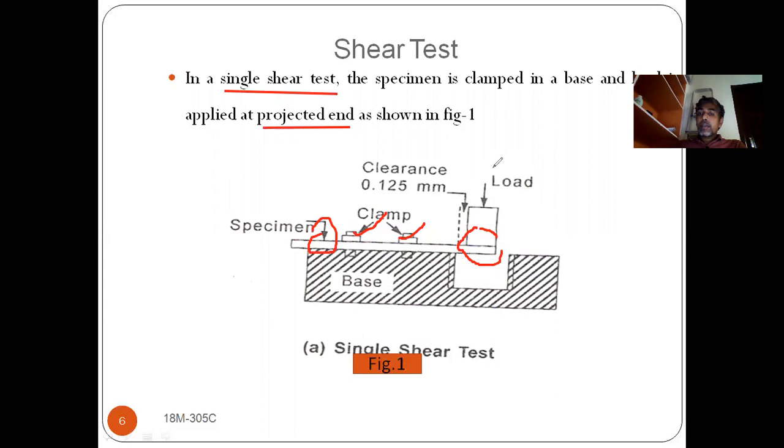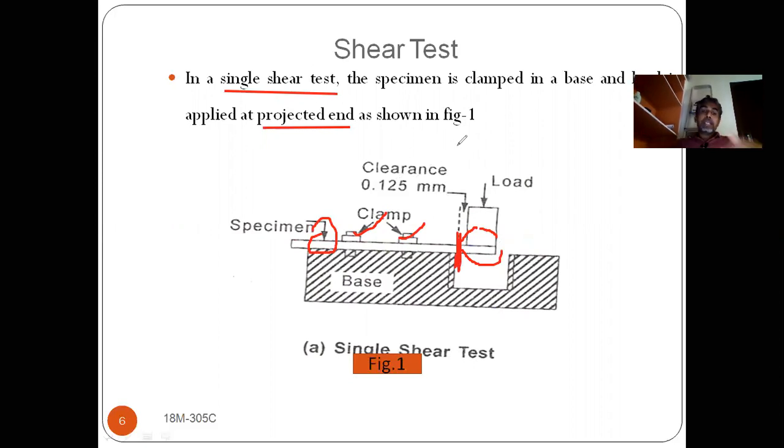How will the load be applied? By using a suitable die, we will apply the load. When the load is applied, this is the cross section and this is the lengthwise direction for this component, but you are applying the load in this way. So that means it is a transverse load. What will happen at this portion? Shear will take place and the specimen will be broken into two pieces. That means fracture will occur. How much load it can bear without fracture will become its shear strength. So this is the procedure to find out the shear strength of a material.